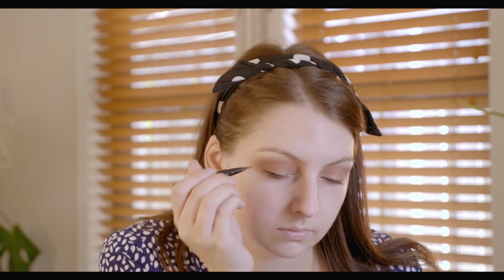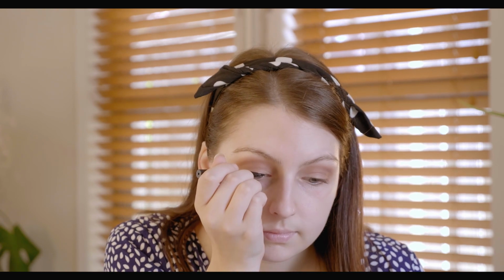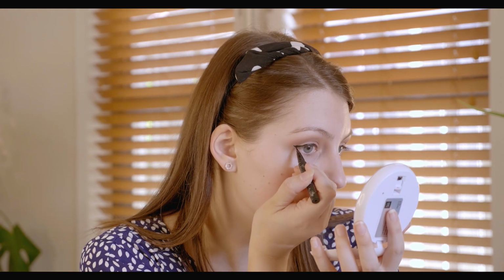And Cheryl Blossom always has winged eyeliner, so I'm just going in with the Kat Von D tattoo liner, lining the top of my lids and adding in a small wing. We will come back to the eyes and finish them off later, but for now I'm going in with the